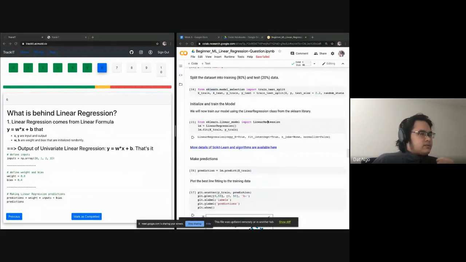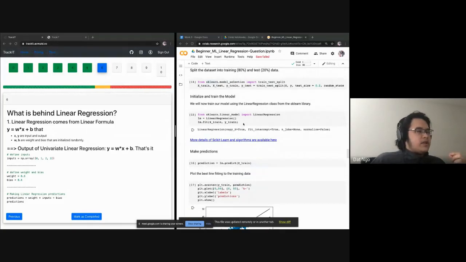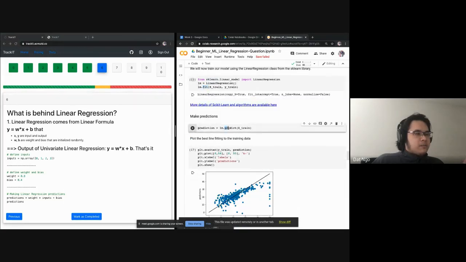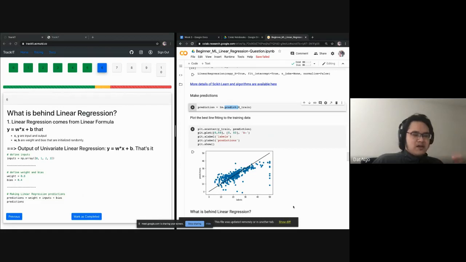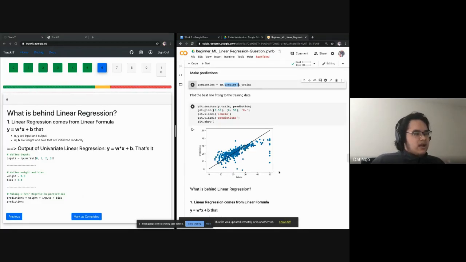Okay, so recently you have seen that here we initialize an object of linear regression, and then we use the fit function to train the model, right? And then we use the predict function to make predictions. So my question is, what's the intuition behind that? How does the linear regression model really work? How does it train itself to become smarter and predict the house price more accurately? So to answer that question,